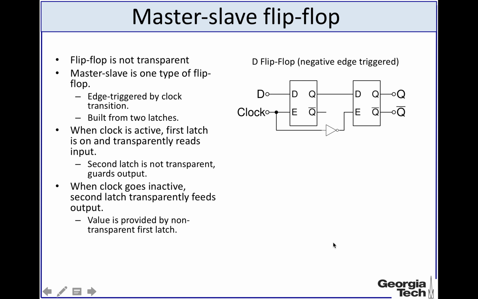Alright, so now the flip-flop. So as we have seen, for example, in case of the D latch, it's transparent, meaning that as long as the enable is high, the output will change as soon as the input D changes. On the other hand, the way flip-flops are designed, these flip-flops are not transparent. So it changes only when the clock goes from 0 to 1 or 1 to 0, basically edge triggered. The example that we'll look into is a D flip-flop, which is negatively edge triggered, and this is how a negatively edge triggered D flip-flop